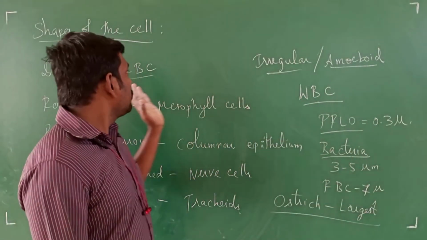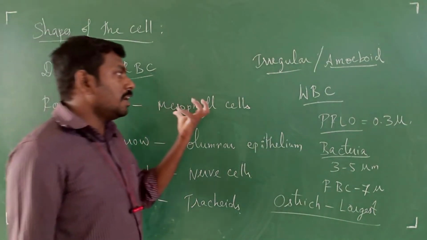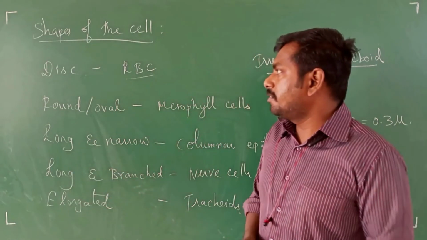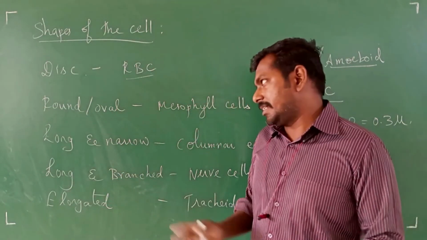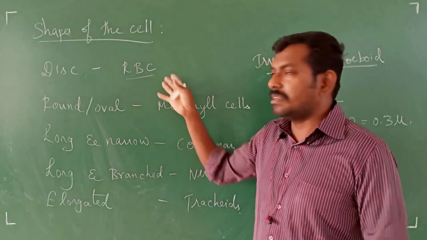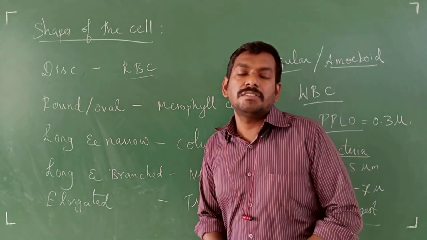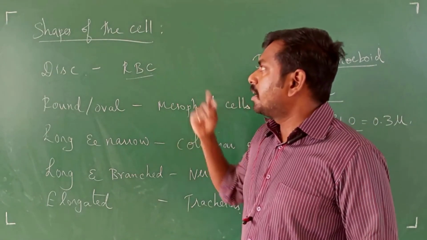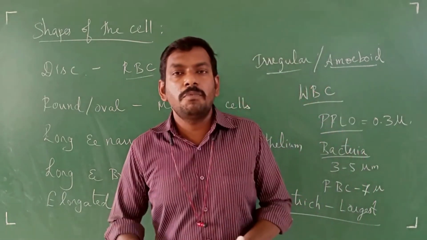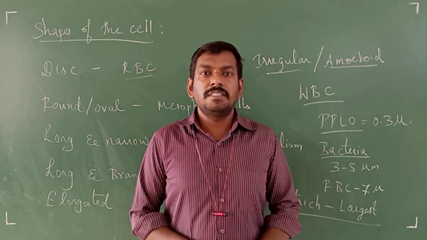So today we have seen the various shapes of the cell. Regarding the shapes, as a diagrammatic picture view, we will see it in the next class. We will see the various structures of the RBC, how it will be, and then the various structures or shapes of the cells in the next class. So today we have seen the introduction of the cell, what is a cell,